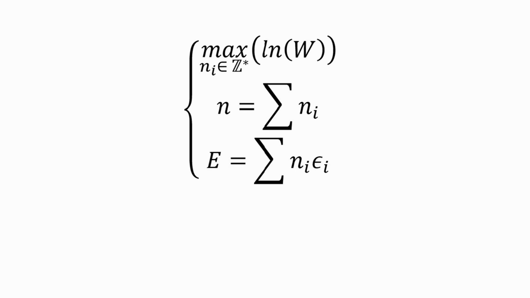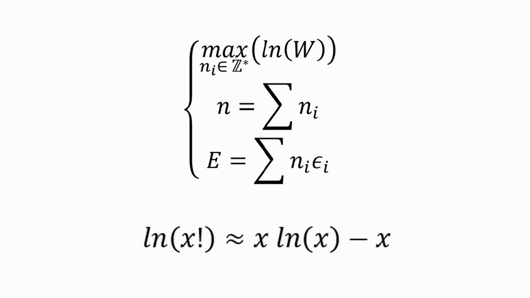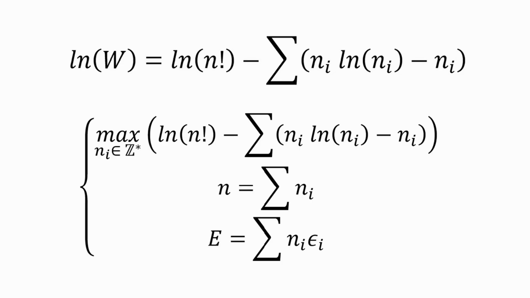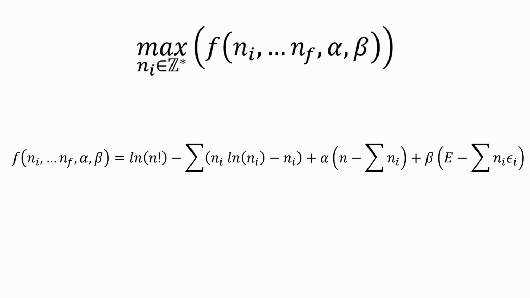Stirling's approximation for the factorial function states that, using Stirling's approximation we obtain. So the maximization problem subjected to the constraints of the known total number of particles and total energy of the system becomes, Lagrange multipliers technique transforms this problem into the problem of maximizing the function, where function f is the original objective function plus the two constraint equations multiplied by factors alpha and beta known as Lagrangian multipliers. So the problem becomes,